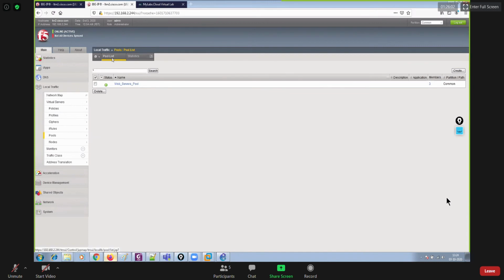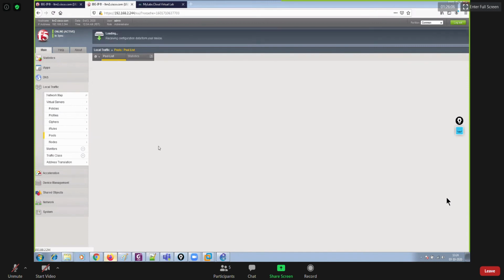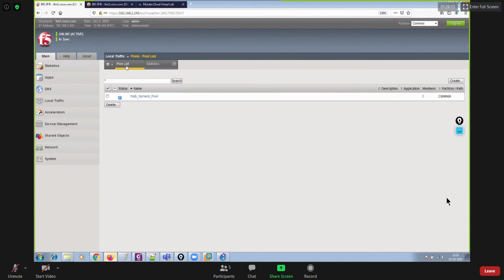So the status of the pool should be up. Yep, that's good, right? And all are in sync, right? So even if you go to the standby box and if you look at the pool list, it should display you the status of this pool as green. It says receiving configuration from your device, and once again the performance of the BIG-IPs is quite slow.